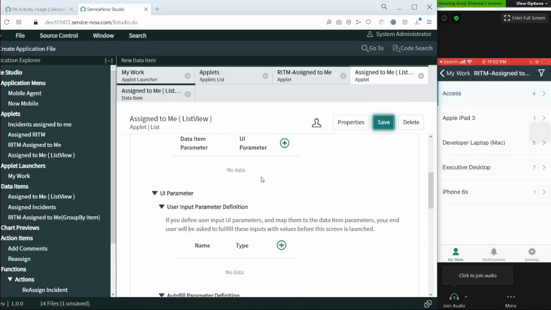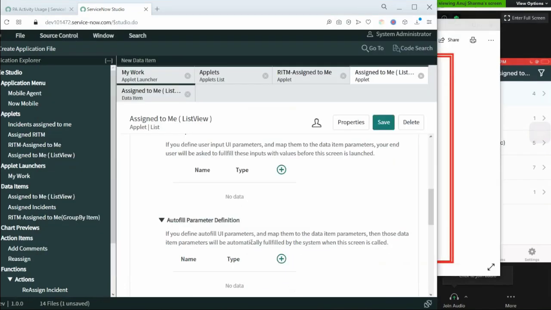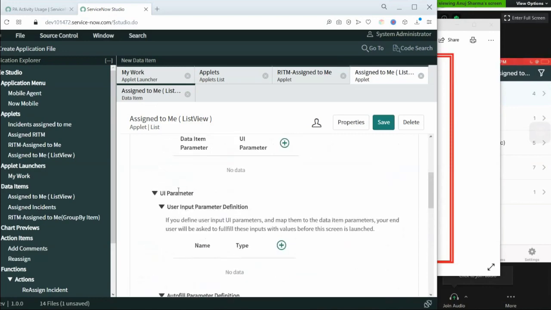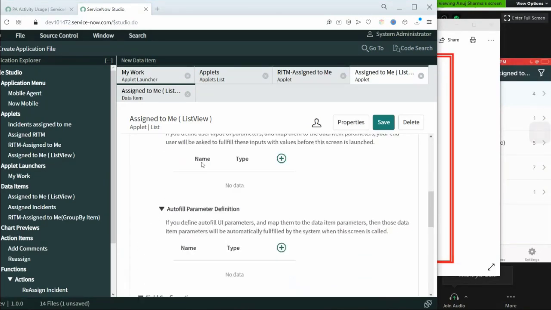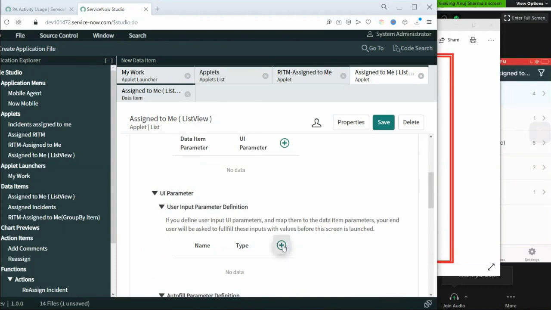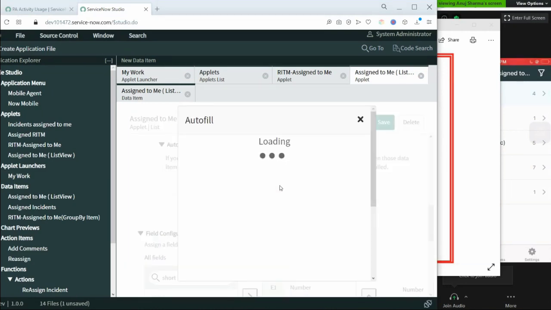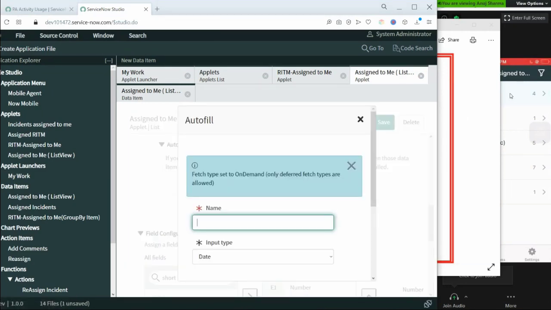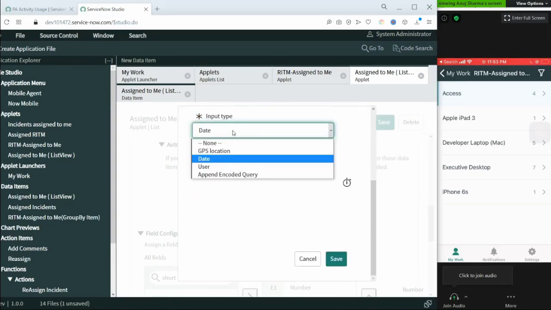To pass the parameter, screen 2 should have the parameter defined here as well. So let's create one user input parameter. Let's create one autofill parameter, because as soon as the user selects the catalog item, it should automatically pass the sysid of that catalog item.